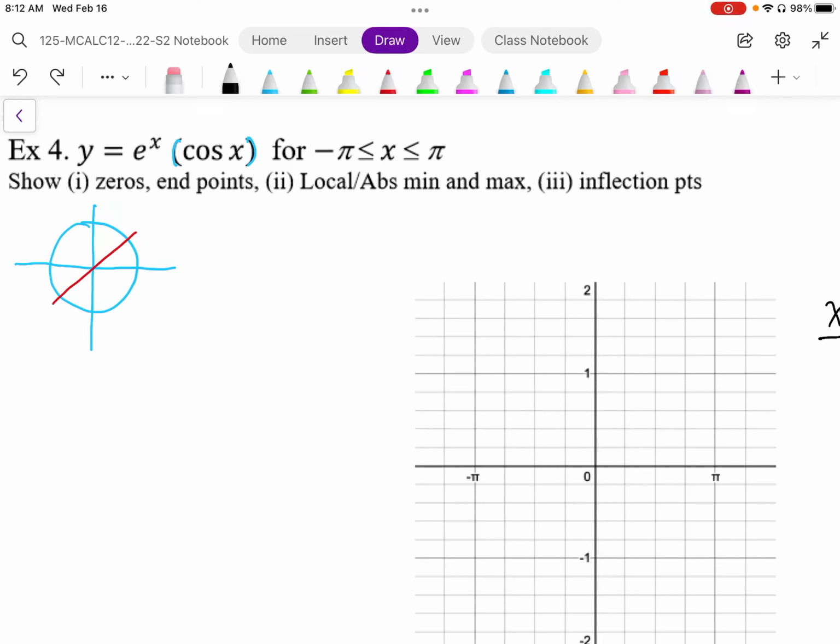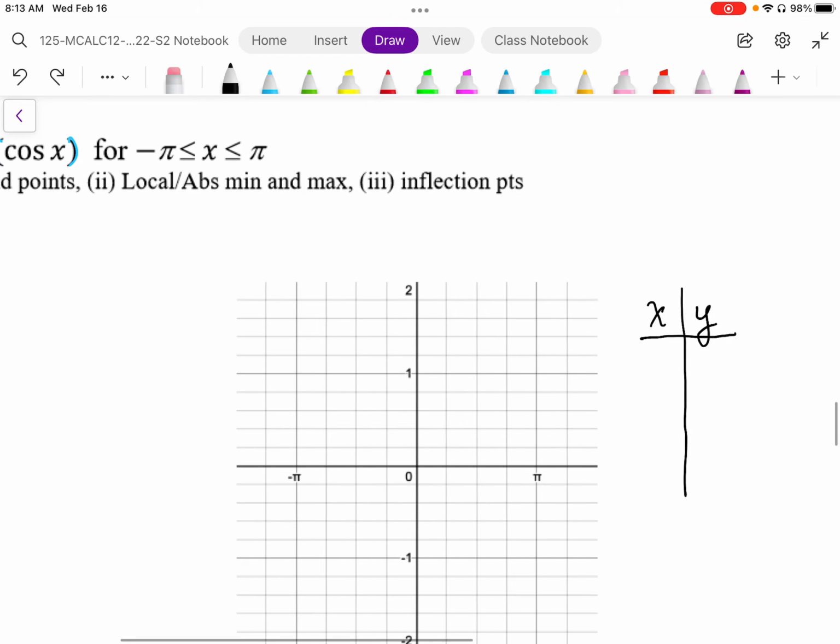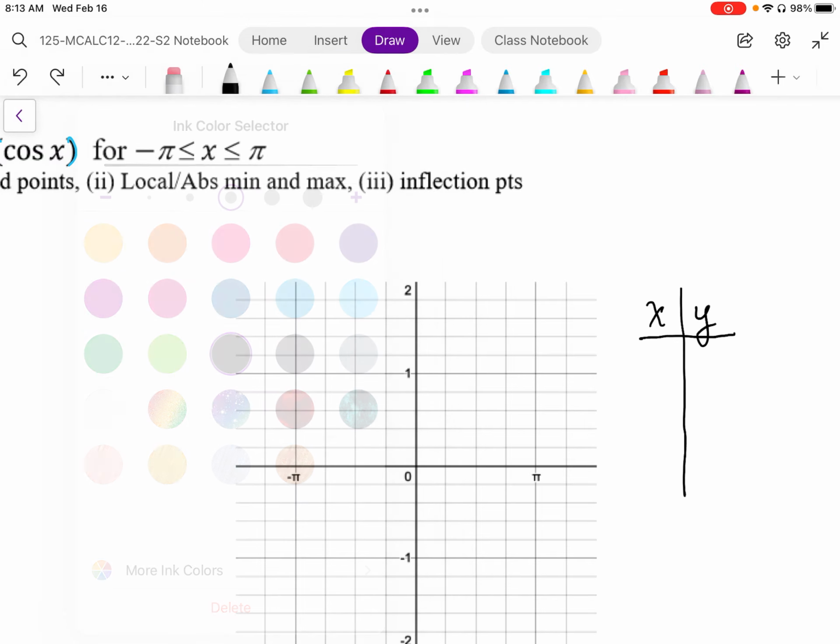Here we have y equals e to the x cosine x, and we're going to just graph this for a limited domain from negative pi to positive pi. So we don't really need to know the endpoint behavior, but we do need to know the endpoints. So first thing we're going to do is plug in our values for the endpoints, starting with negative pi,